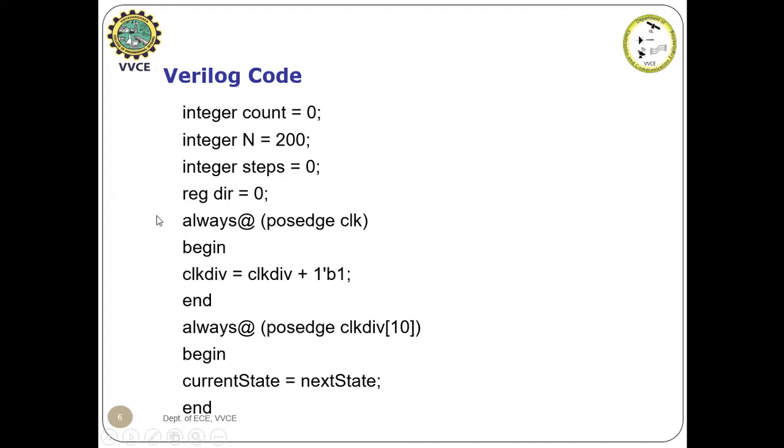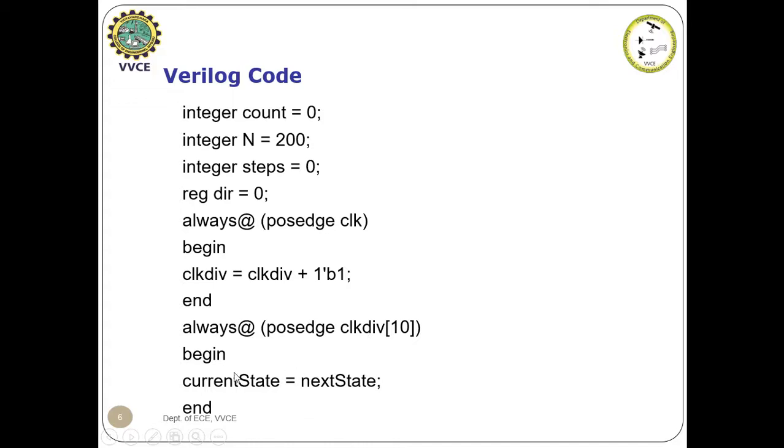Okay, these are the main variables which I use in the body of my Verilog code. Now this part is completely a clock division which works in terms of a counter. Every time I have to perform clock division equal to clock division plus 1, and after this I am checking for my actual functionality. Always at positive edge of clock div, this is the required clock frequency to work with our stepper motor.